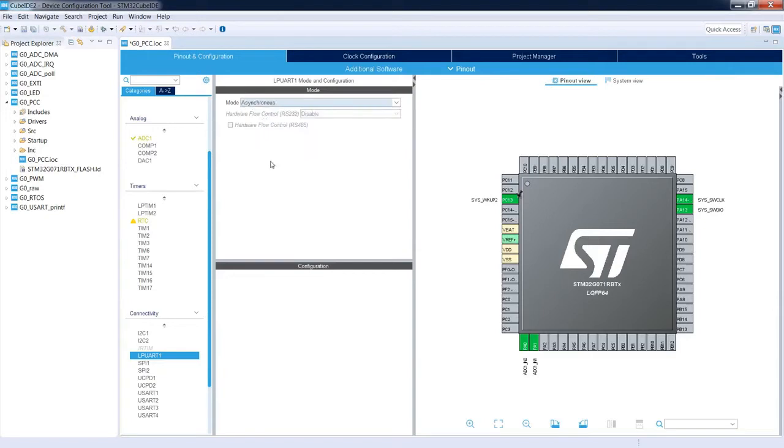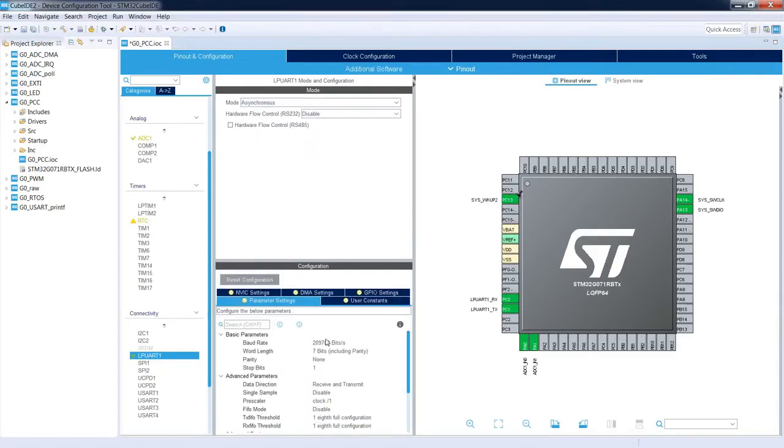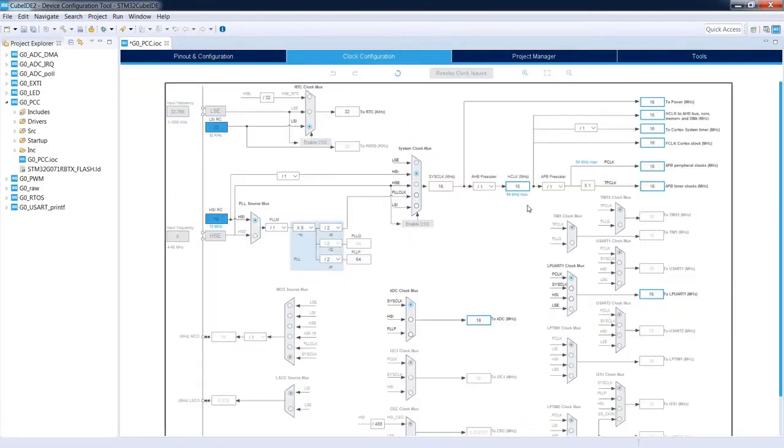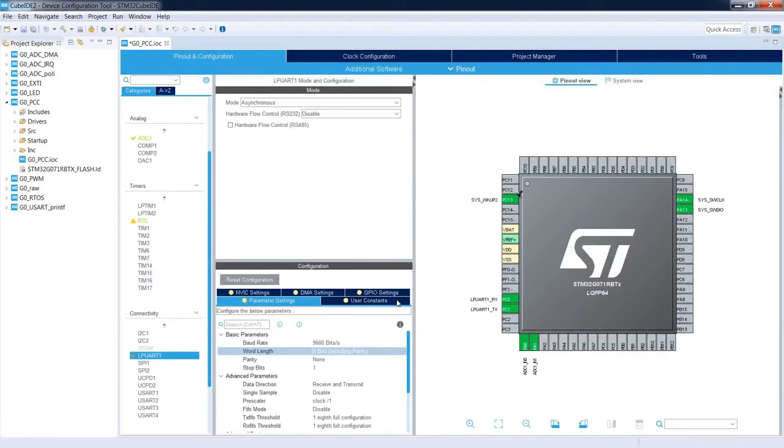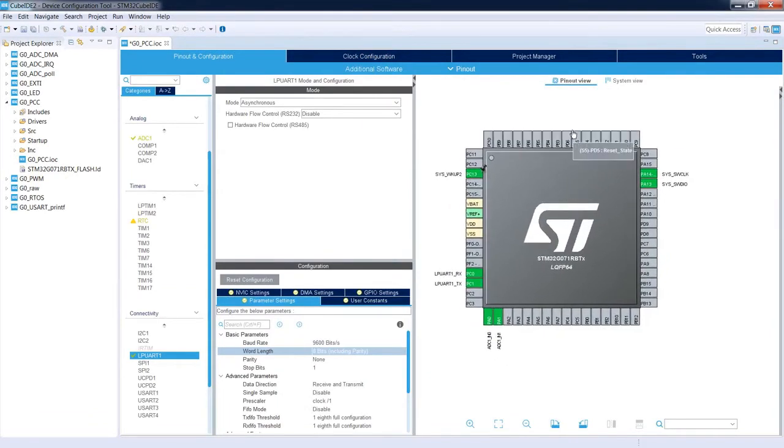In asynchronous mode, 9600 bits per second, let's do 8 bits including parity, without parity, 1 stop bit, the rest remains the same. For the clock configuration, I would keep the default settings. I would not focus much on the configuration, and I'm switching to the power consumption calculator for this particular application.